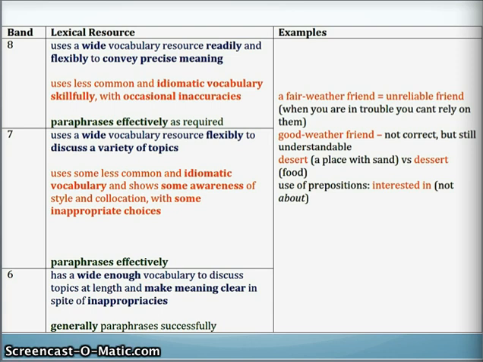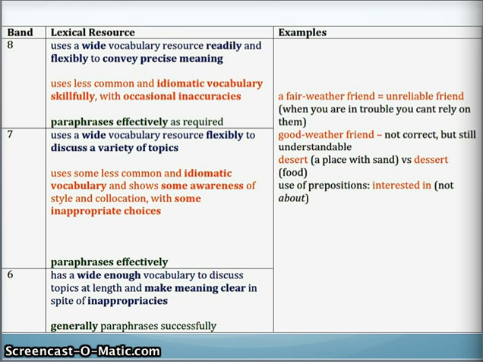Some examples of inaccuracies could be something like a fair weather friend, which is an idiom meaning an unreliable friend, someone you cannot rely on if you're in trouble. Now, if you say a good weather friend, your meaning is still clear, but the idiom is not correct. Another common example of inaccuracy could be desert versus dessert,